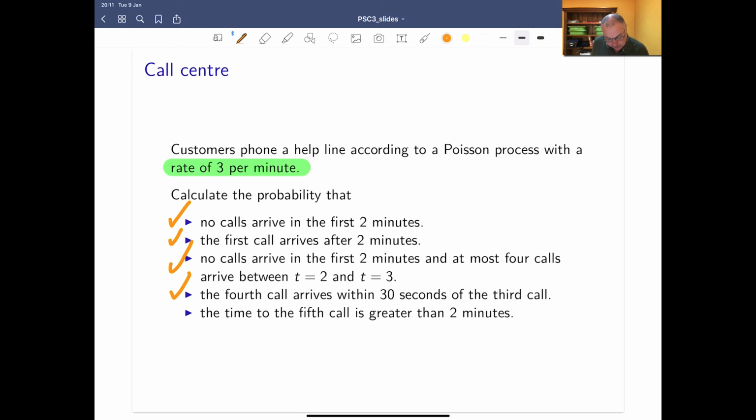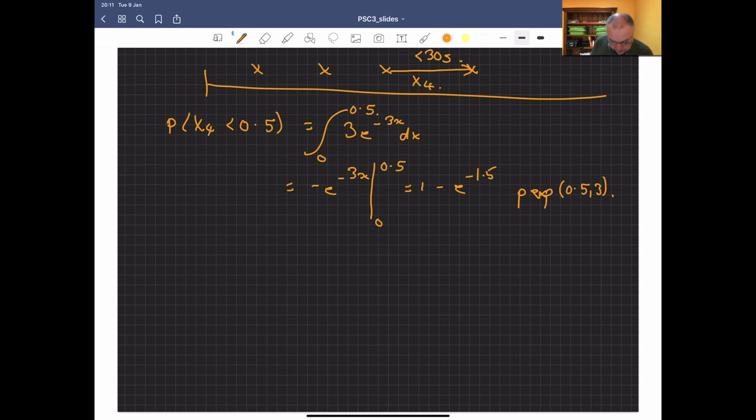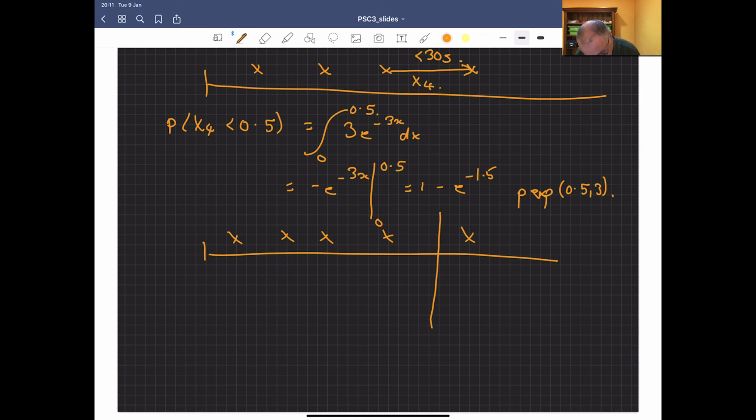That's good. The time to the fifth call is greater than 2 minutes. So here's our 0. We've got our fifth call, 1, 2, 3, 4, 5. And this is greater than 2. So we want S5 is greater than 2. We want the probability of that. Well, we know that that means that the number of events in the first 2 minutes must be 4 or